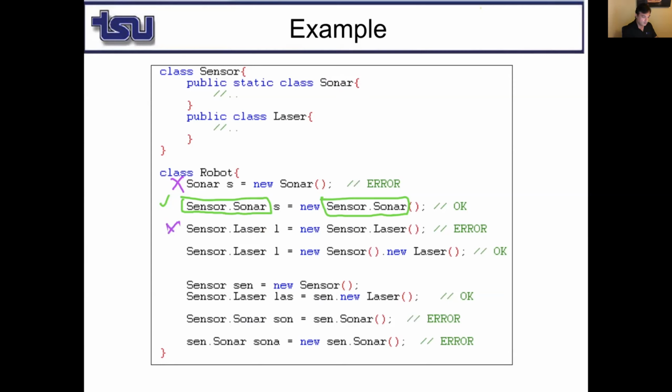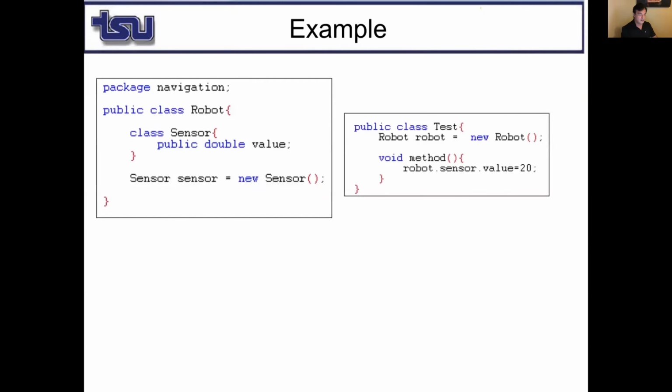However, this is okay. Why? First, I create an object of this class, then I create an object of laser class. This is perfectly okay. Or first I create an object of sensor class, then I create an object of laser class using that object right here. So these two are the same. Obviously, there's no such a thing. Okay, so this is a little